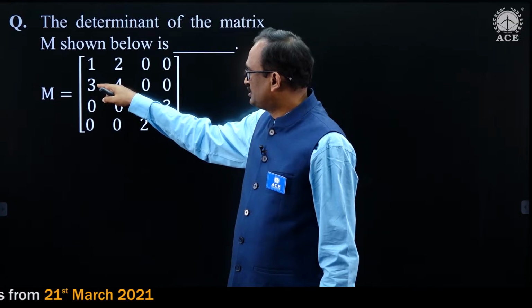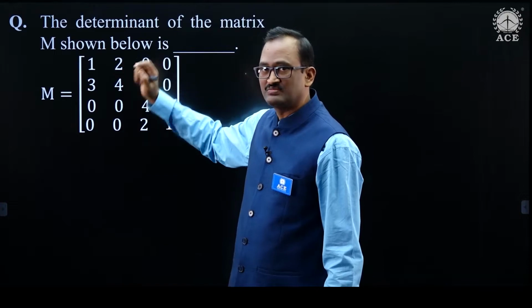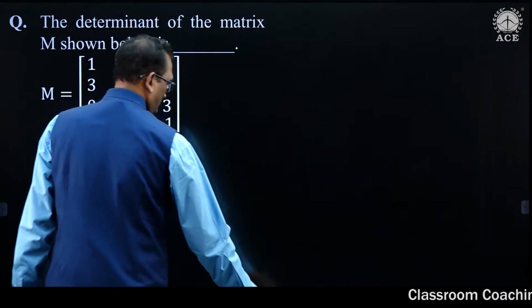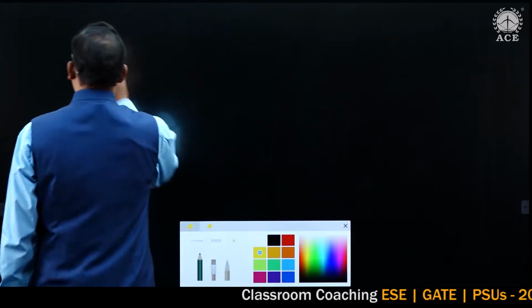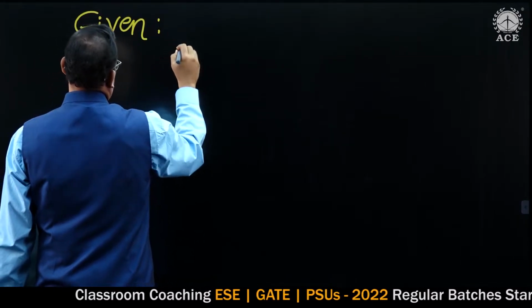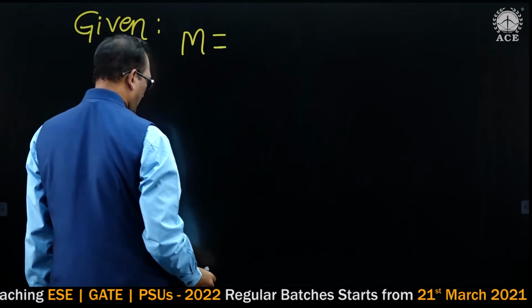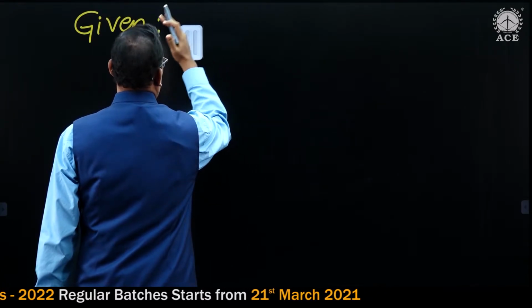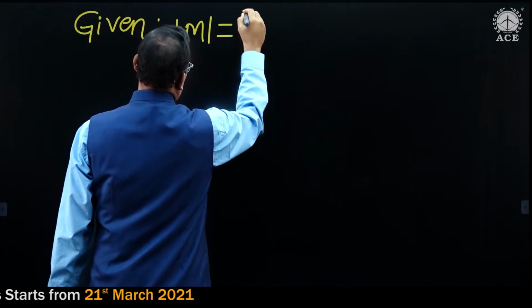To make this element 0, let us take second row minus 3 times first row. Let me write, given M is equal to,